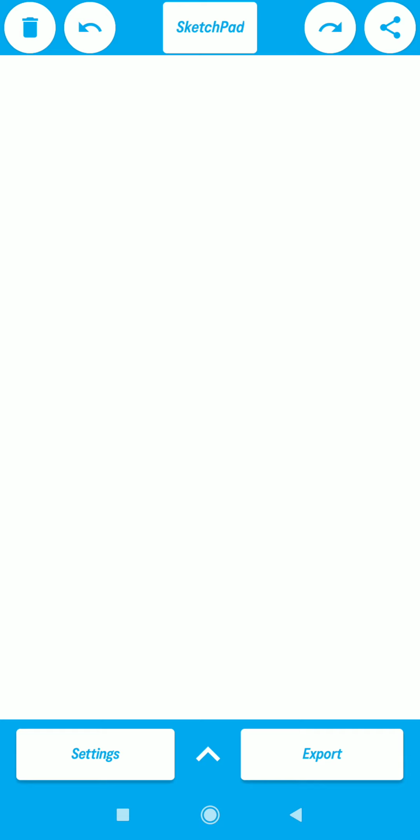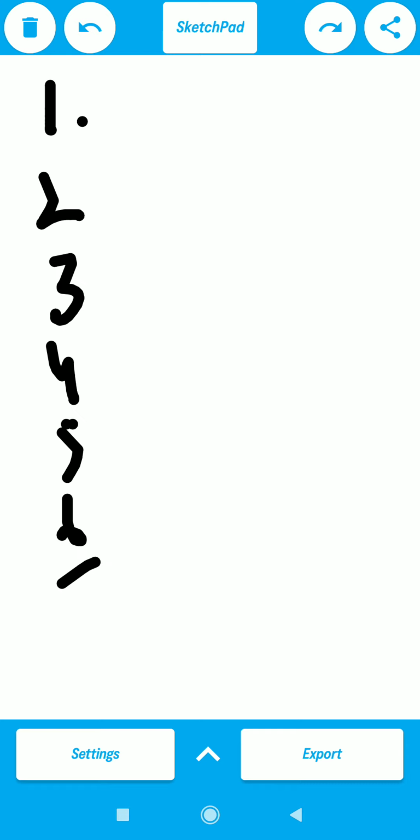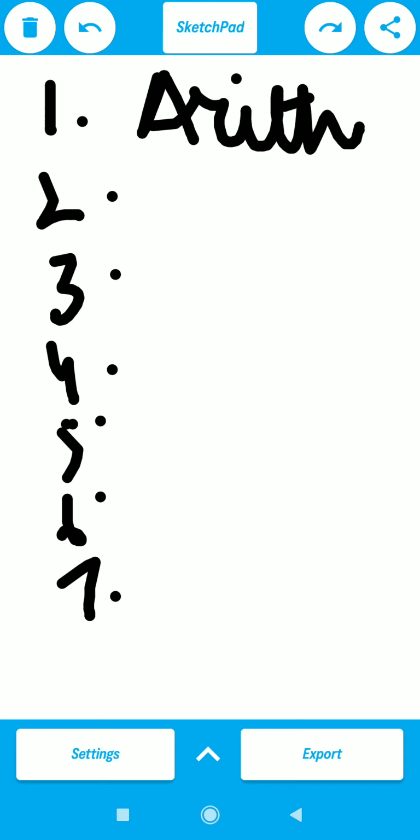So in operators we have basically seven operators: 1 2 3 4 5 6 7. You all should keep it in your mind. First one is the arithmetic operator. Second is the assignment operator.